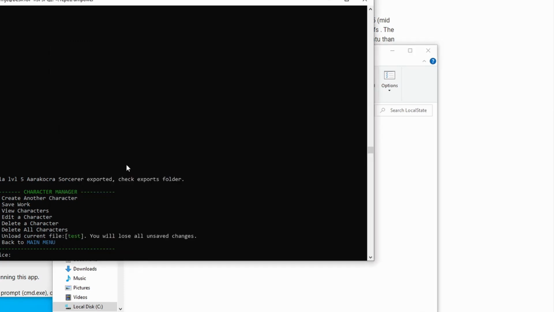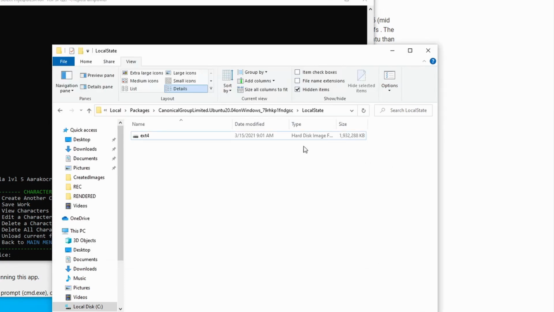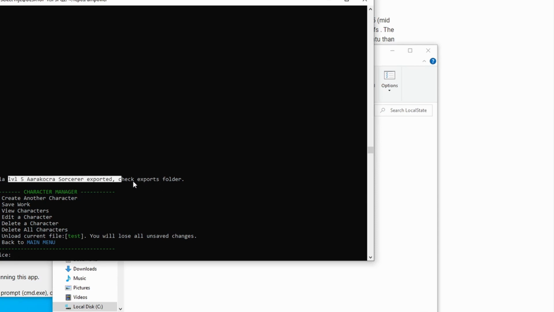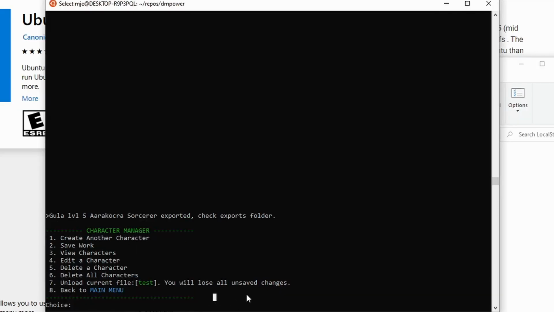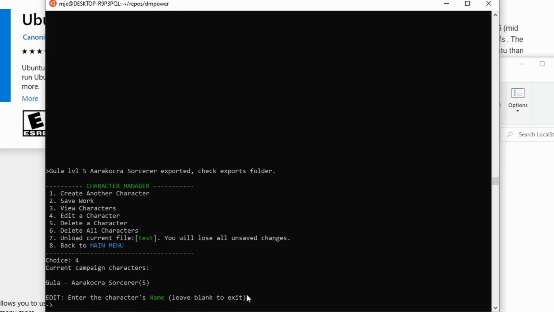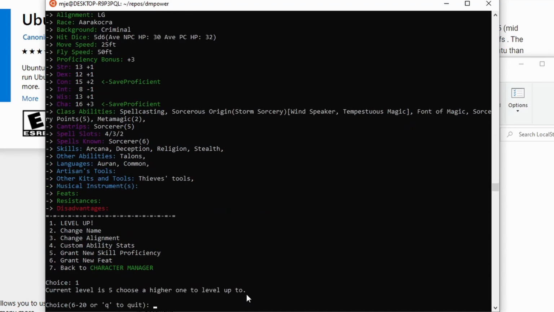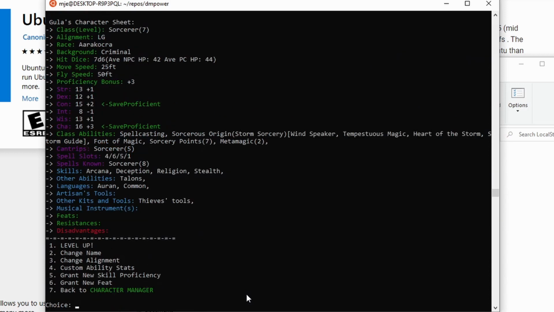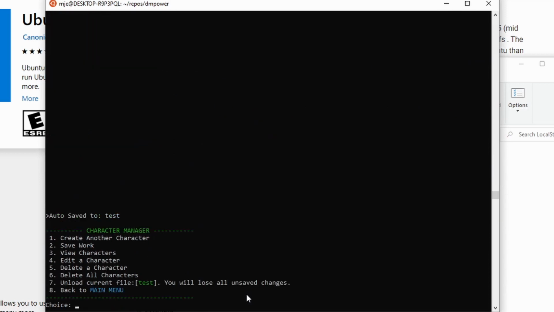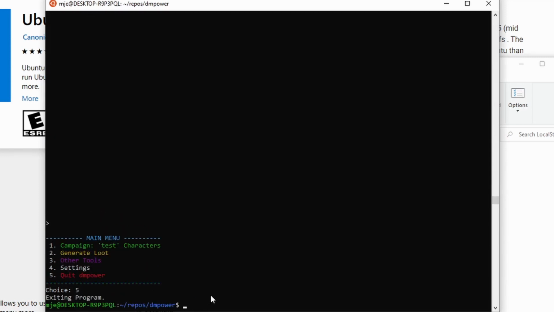So I guess we would have to close out of this to open that. But yeah, we should be able to find that in our exports folder. So let's just go ahead and edit. Edit Gola, level up to 7 this time. Go back, and it auto-saved. See it saved there. So let's back out, quit,